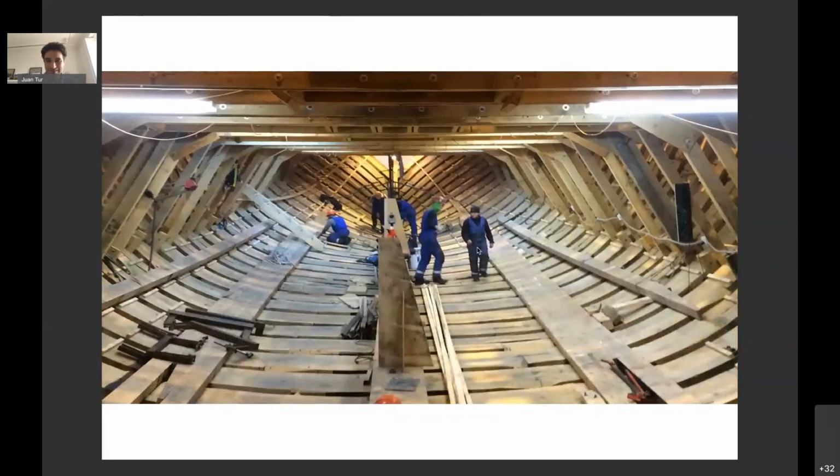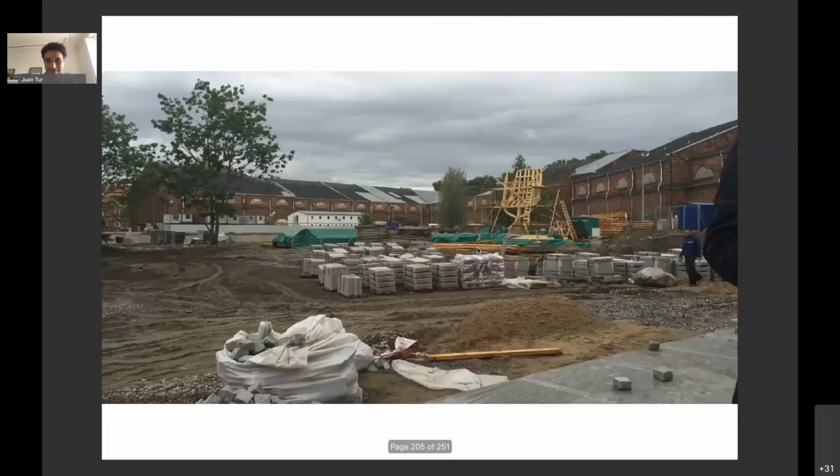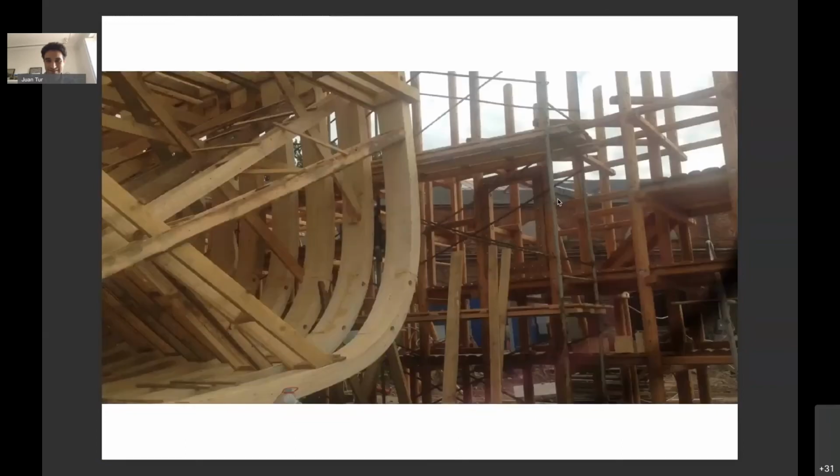So they helped us to create all the construction documents and to make a first prototype of one of these skeleton parts. This is the first one that we built, and a bit of the construction process of how we were building one by one, starting from the back side and just adding